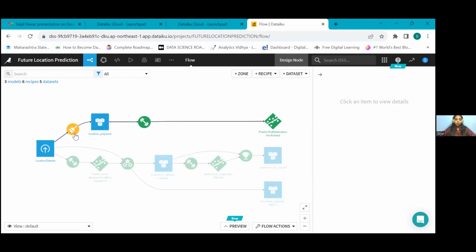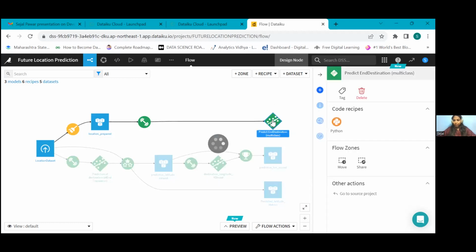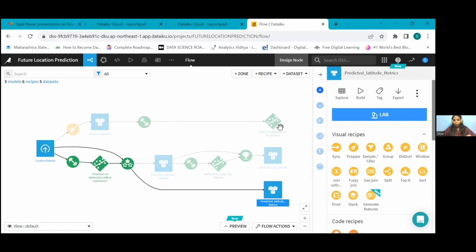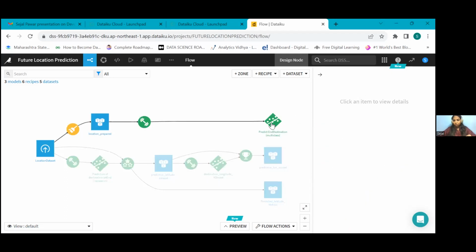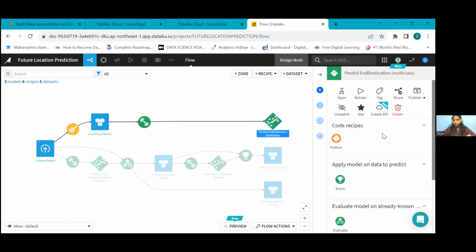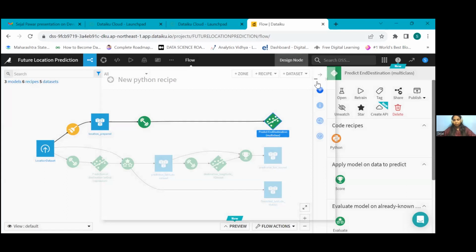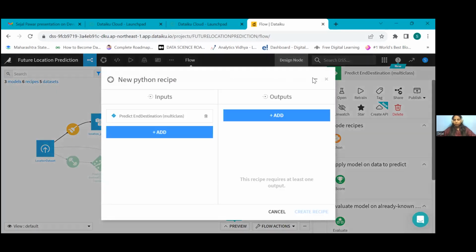Here the location was prepared, trained and evaluated as the location of the end destination. If I click any of the final models, I can also use it in Python, open the source code, and make changes in it. That's how the output is.